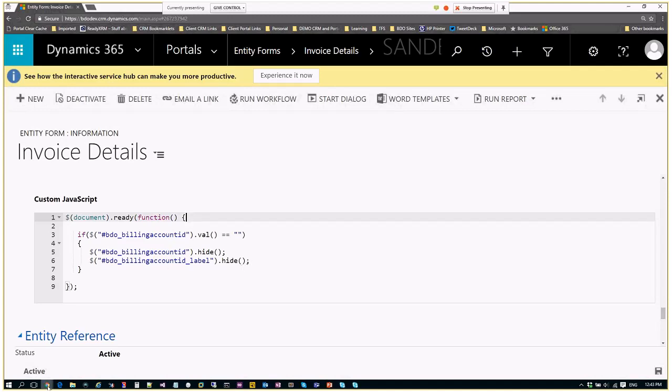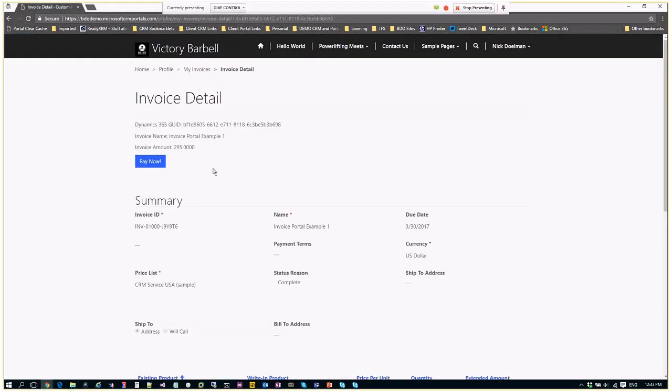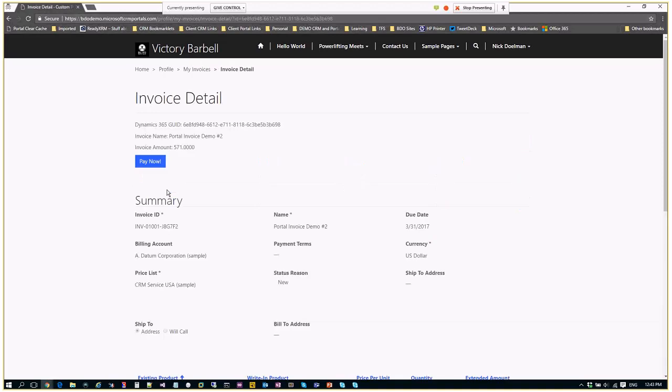Just to show that in action, if I pop back over to my invoice detail here, notice that there's no billing account. Going to pop back over to a different invoice, go back to my entity list here. I think it's this one. And see here, I do have a billing account.